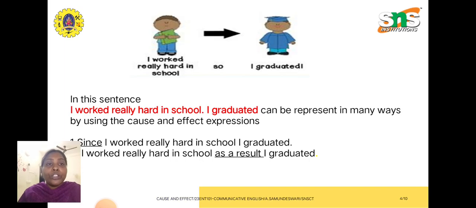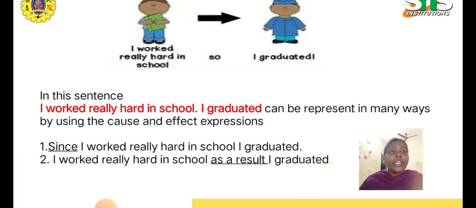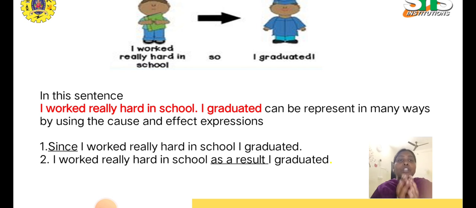So next we are going to see a few examples that will help you to understand this topic in a better way. Here I have given two images, and there you can see two sentences are also given. One is, I worked really hard in school, I graduated. And one more thing I want to tell you is that for writing cause and effect expressions, you can make